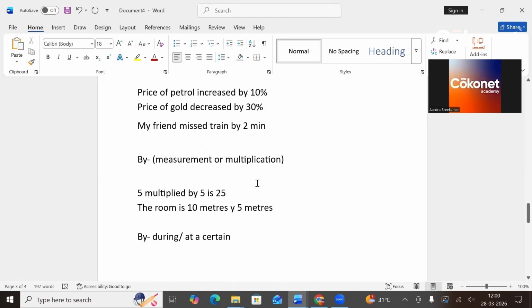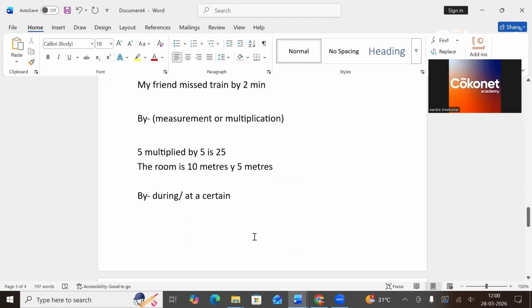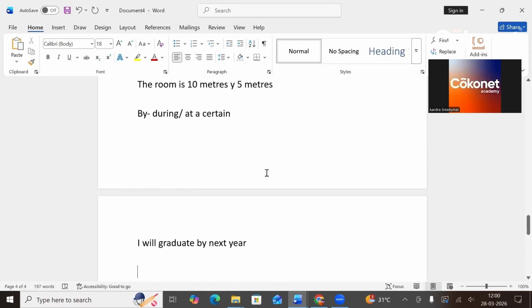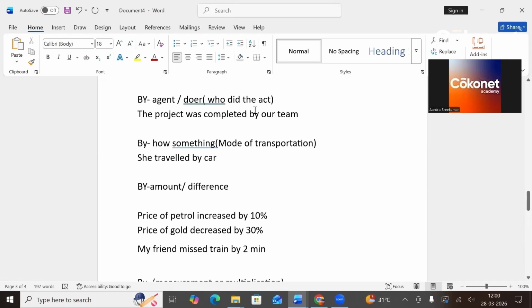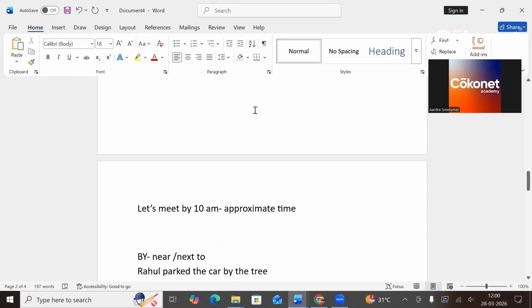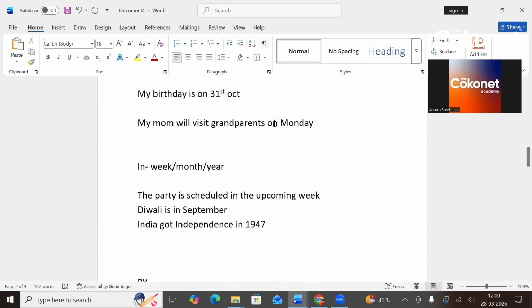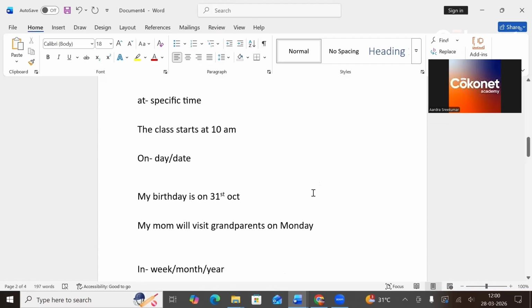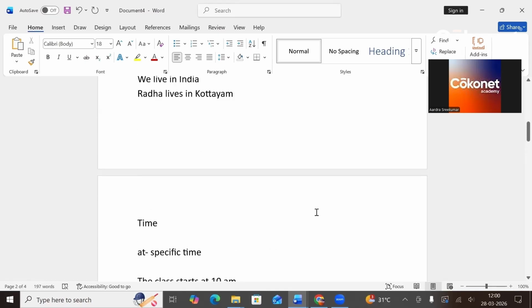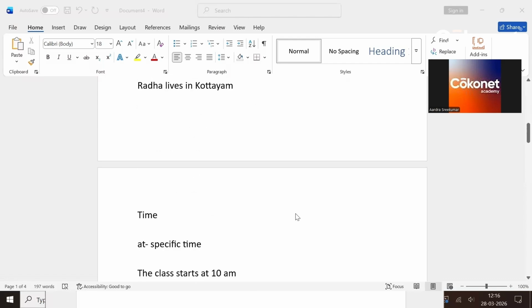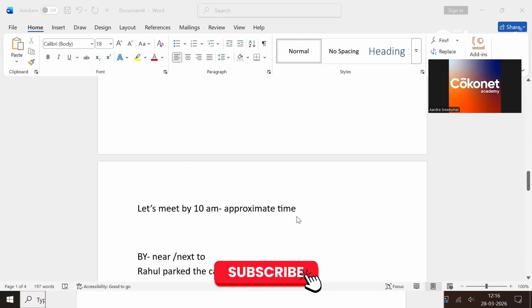Any other meaning of by, you can just have a look at and write more sentences, write more examples with that. But please make sure that at least these commonly used meanings are thorough, and write examples for each. So I'm encouraging everybody to write examples, and you'll have an assignment post this, which you have to do, which will be covering all these aspects. So let's continue with the next